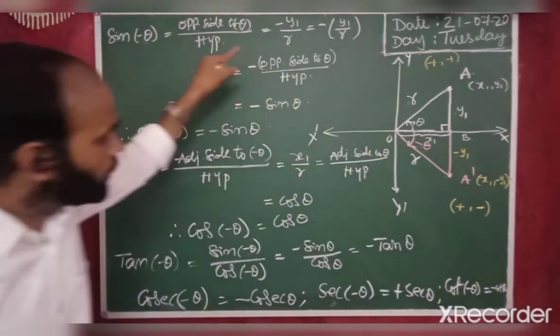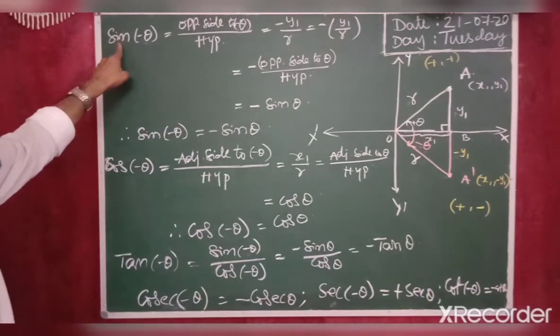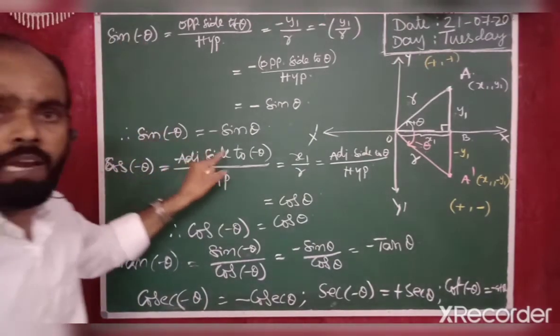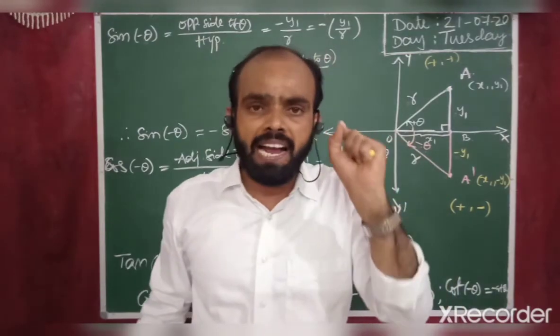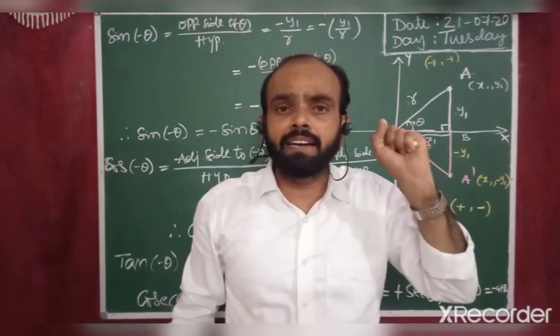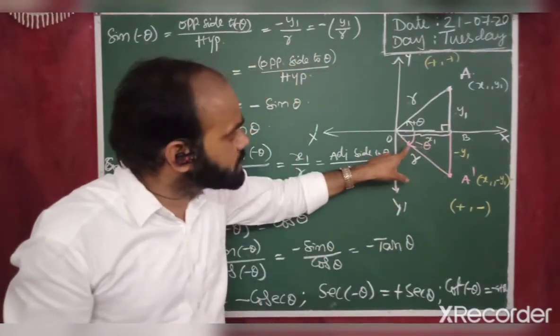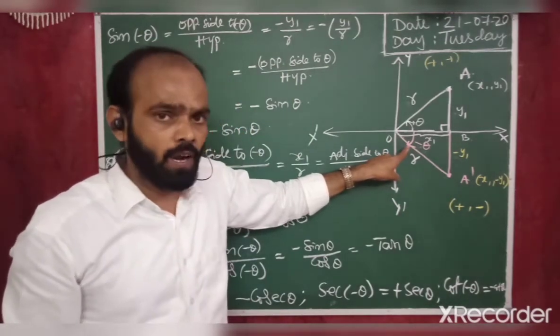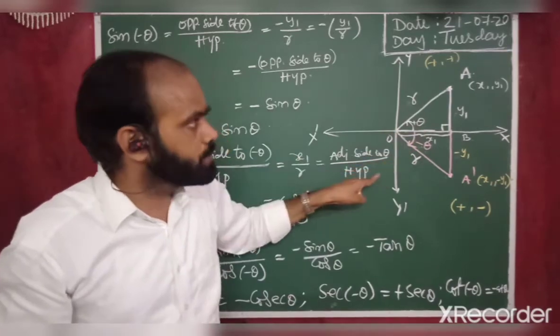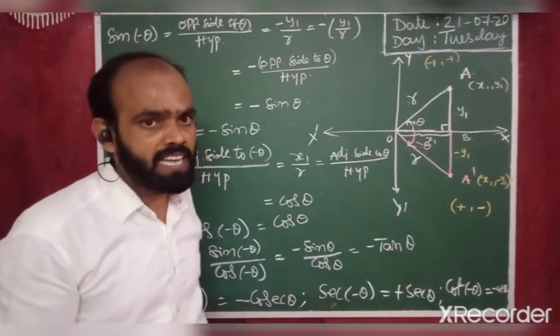This is how the trigonometric ratios of negative angles work. I request you all to make sure that you understand that a negative angle doesn't mean negative magnitude. A negative angle is associated with only the rotation of the ray. Only the rotation is made in the clockwise direction. Please have a look at this.